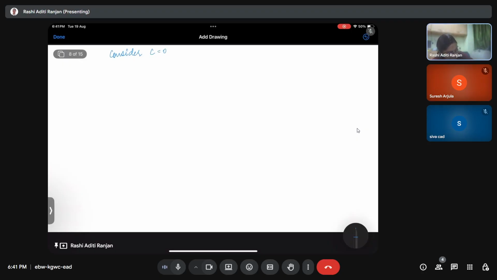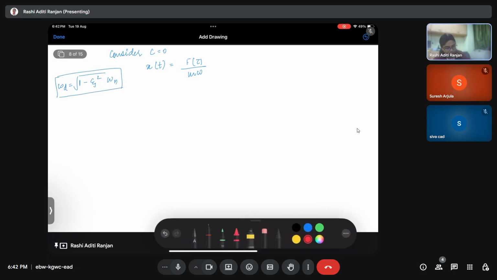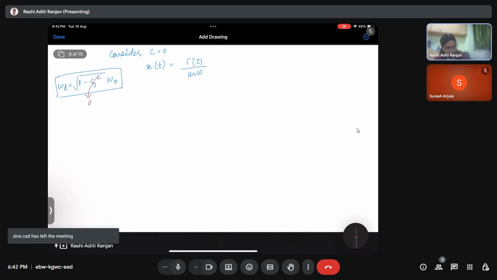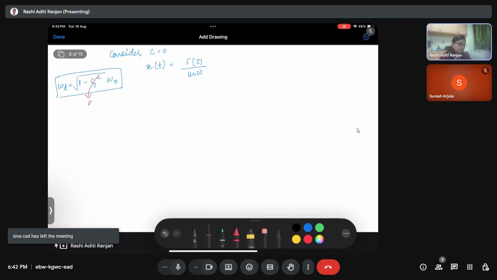I'm going to get x of t as 1 by m, f of tau. Now omega d will get converted into omega n. Why? Because we have omega d as square root of 1 minus eta square into omega n. For c equal to 0, eta is going to be 0, and so omega d is going to be equal to